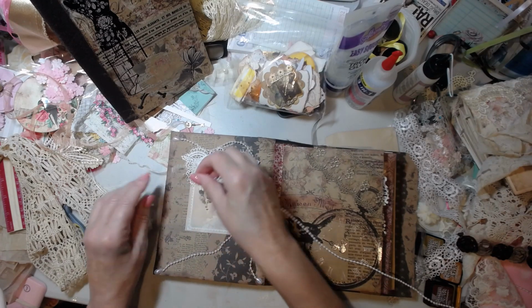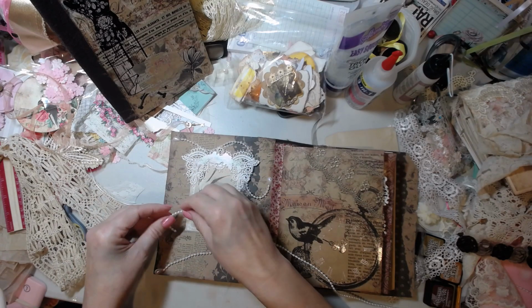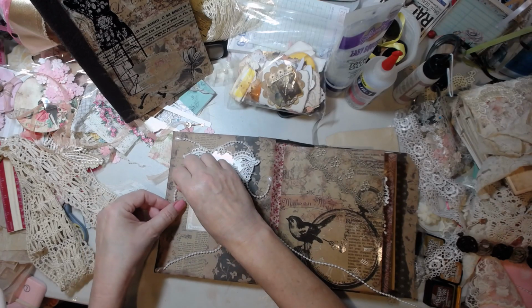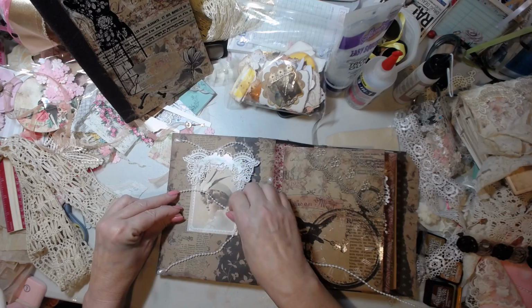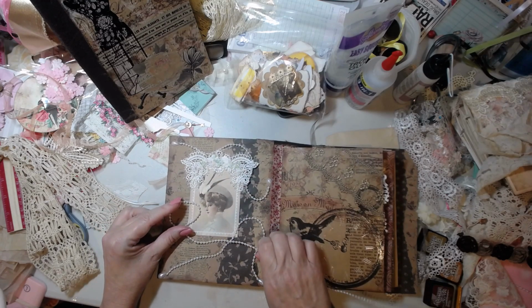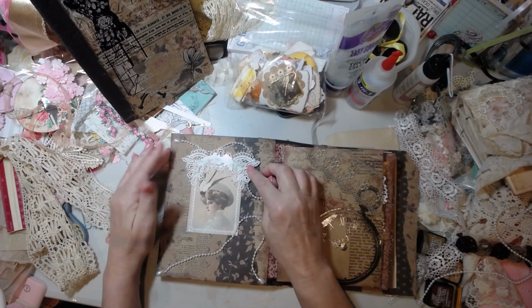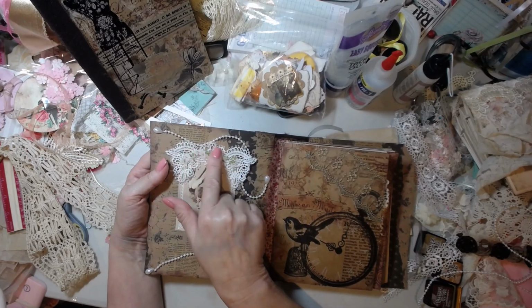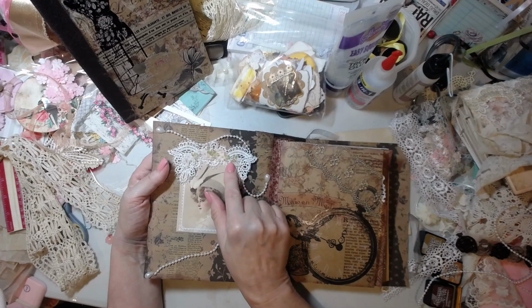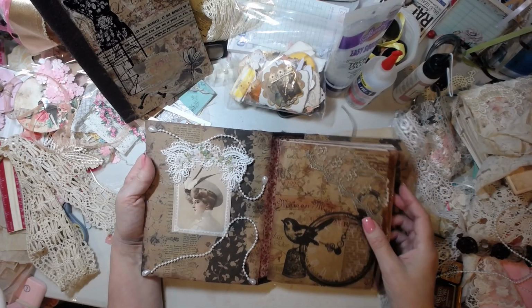So, just to take, because it's a weird shape here, I'll admit. And so just to take another little piece and just maybe do a little doodah here, and let it do its thing. And just something really super short. And then, of course, I just grabbed two of these. Now, if I had done something different on this going back, I would have inked this up a little bit around there so that you can see the definition of that piece,